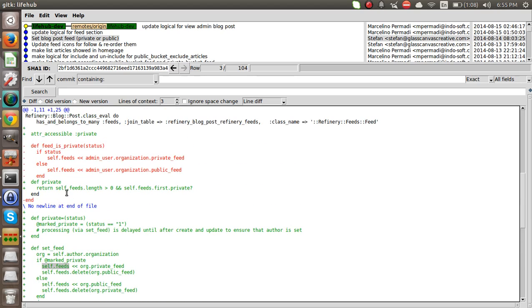And then you had a specific question around this. In a standard attribute, this def private would just grab the attribute from the database, whether it's true or false, and just return it. But I don't want to save the attribute in the database. I want to see based on the feeds whether it is private or not. So this actually just returns a boolean, because if the feed's length is greater than 0, that is going to return true or false, and this is an and